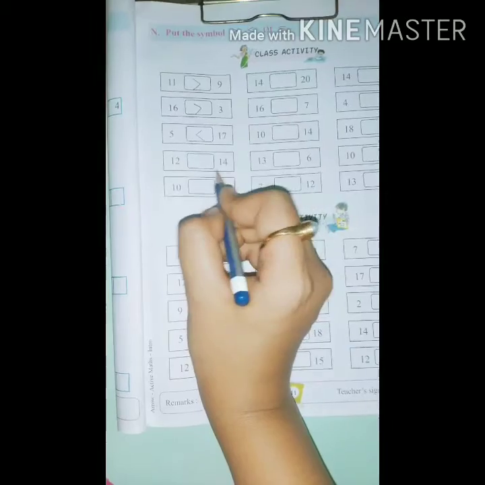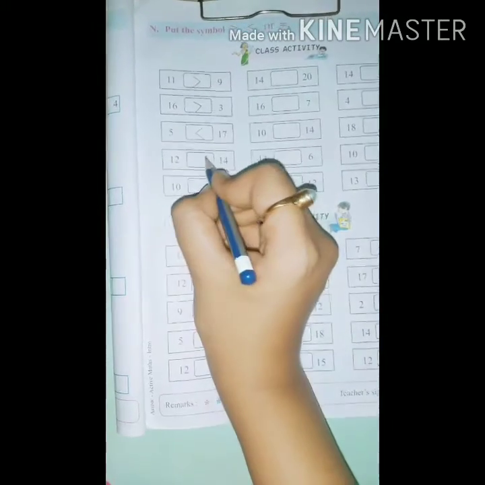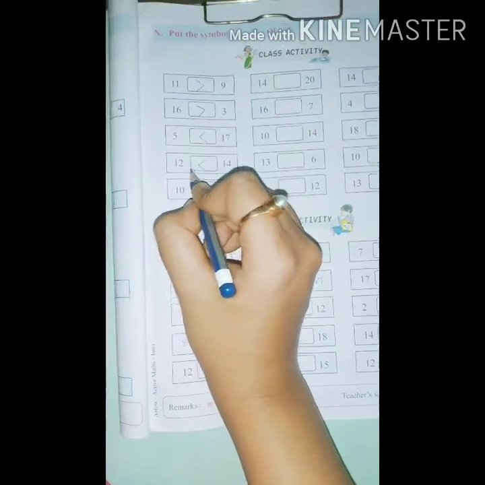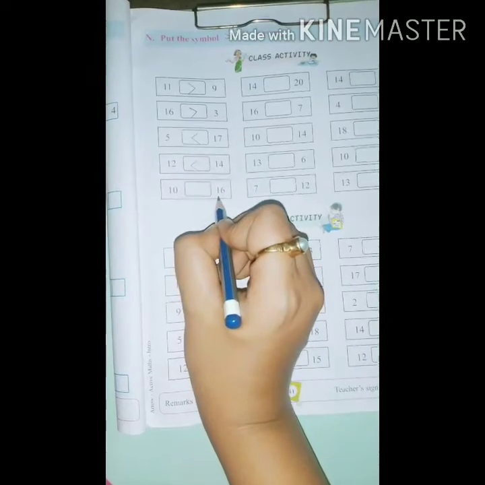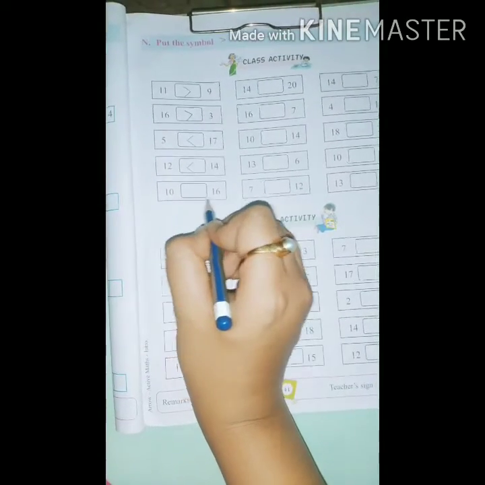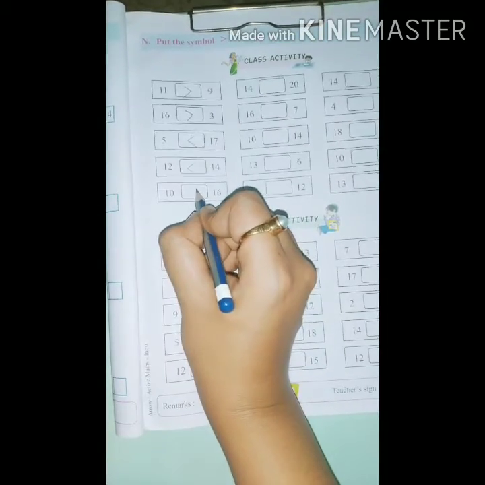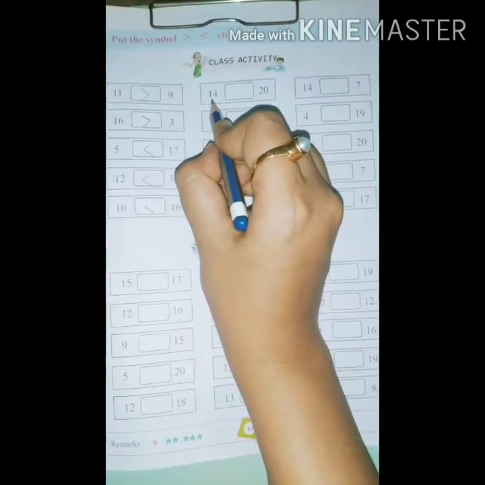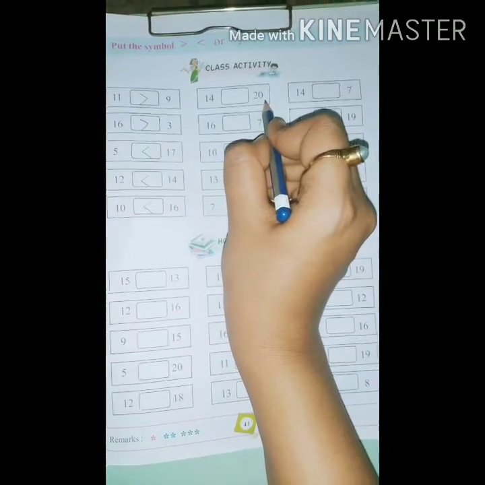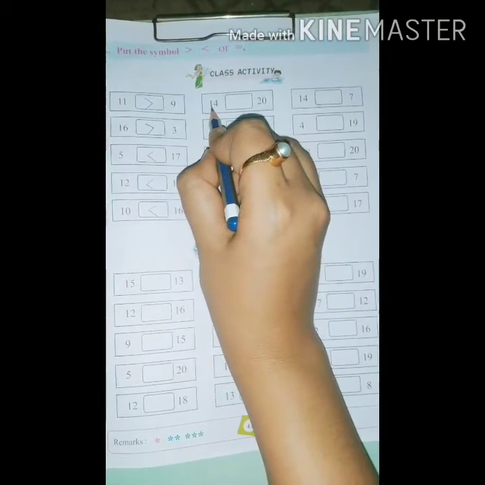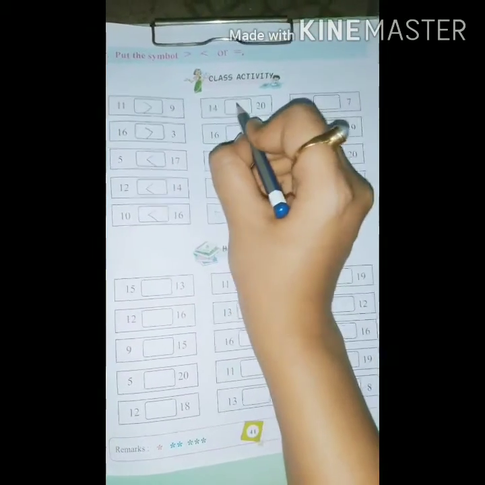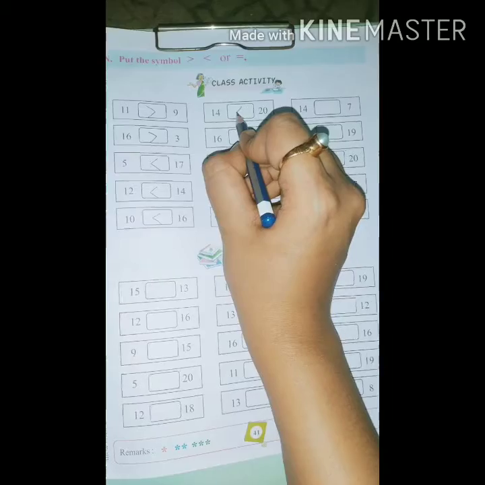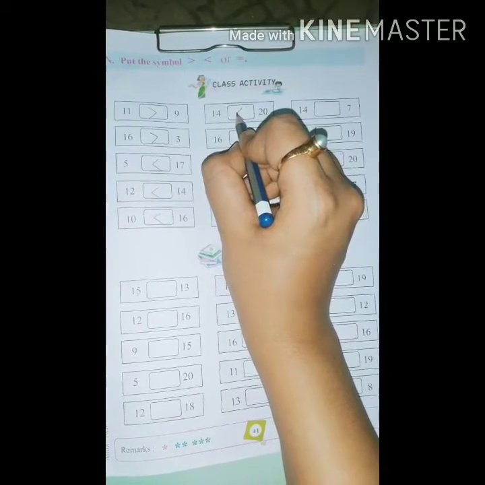In between these two numbers 12 is smaller. So we will again put this sign as 12 is smaller. Now 10 and 16. In between these two numbers 10 is smaller. So we will again put the less than sign. Now the next set of numbers, 14 and 20. In between these two numbers 14 is smaller. So we will again put this sign as 14 is smaller and the mouth of the fish is always pointing toward